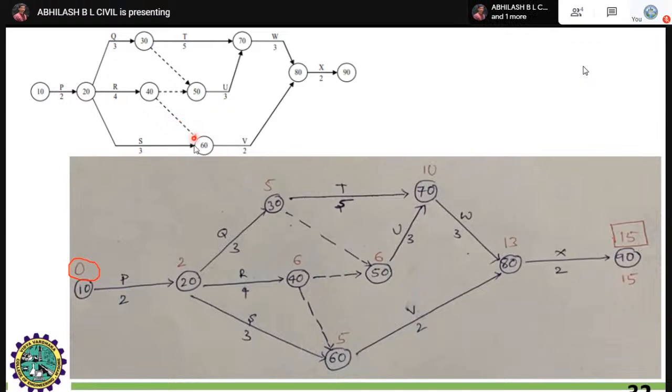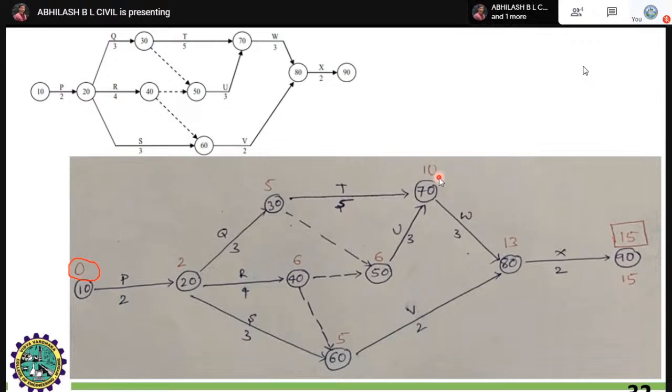Just wait. There is a dummy activity in this process. Next is 5 plus 5. This will be the single activity. Next, 6 will be taken directly with the 40 and 50 activity. You can just note down the number 60, where the 50 is not related with this part, right? Where you can get this 6 plus 3 and 5 plus 5. Don't write now itself. You have to calculate 6 plus 3, 9, 5 plus 5, 10.